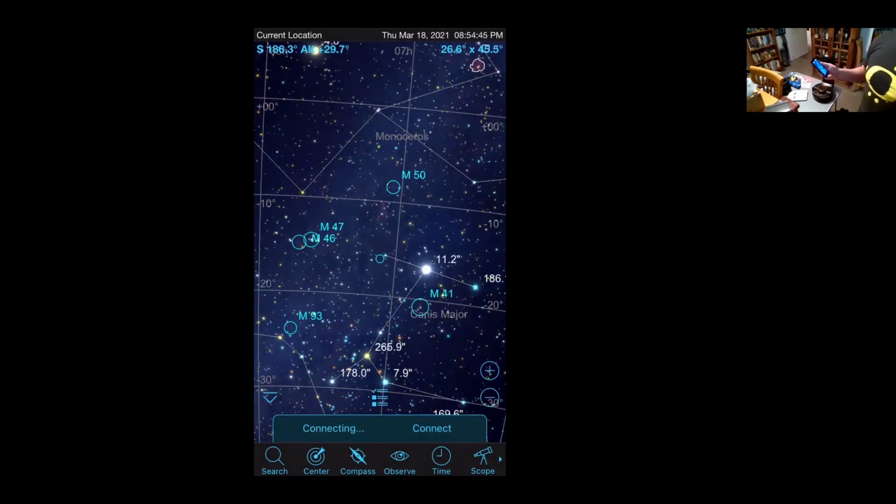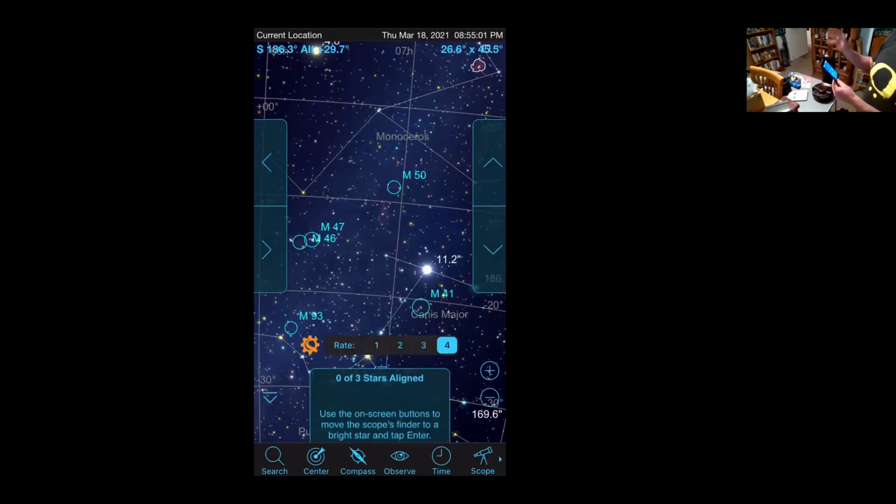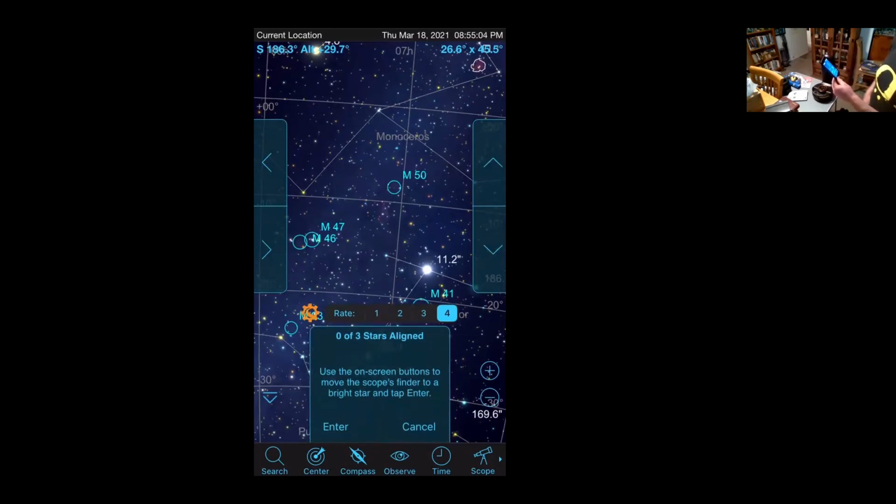And that's one of the neater functions that some of these modern scopes have, in that they can just drive around, and there's a camera that bolts onto the top, takes a series of pictures of the sky, and then orients itself in time and space to where you are and what's in the sky then. Amazing. And so if you look, you can see it says that it has not aligned to anything yet. So I just tell it to enter, and it will just